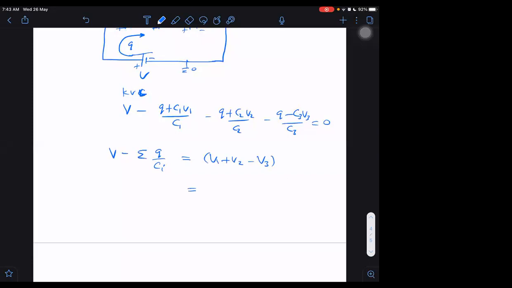Let me write it that way only. And then what do we get finally? We wanted to obtain small q, which is unknown here. So I think I am arranging terms in a wrong way, but anyway, I am doing it this way. Q will become V minus the initial voltage, whatever the initial was. And 1 by Ci will go to the denominator, I think.